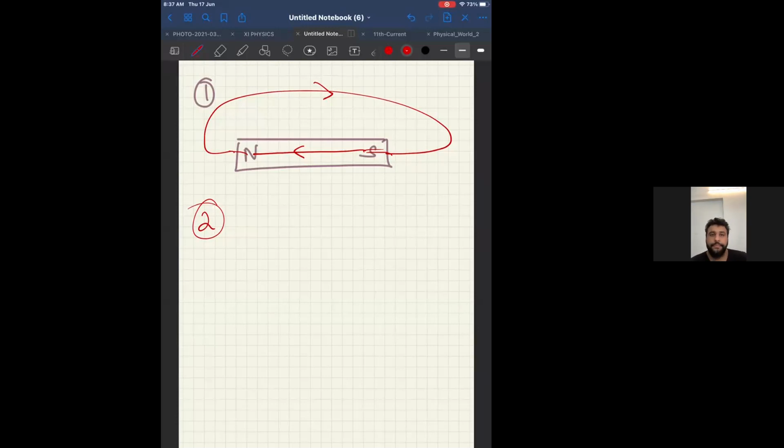Needles N1, N2, N3 are made up of ferromagnetic, paramagnetic, and diamagnetic substance, respectively. A magnet is brought close to them. Now, what will a magnet do? Since N1 is made up of ferromagnetic, it will attract N1 strongly, correct? Now, N2 is paramagnetic, therefore it will attract it weakly, but it will attract. And N3 is diamagnetic, so it will repel N3.